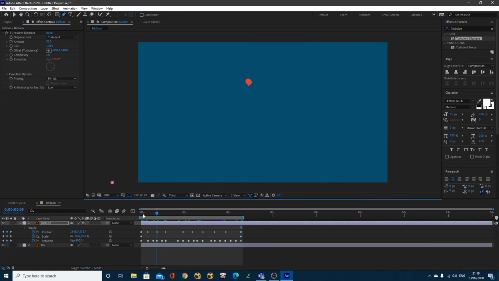Okay, so now that I've got mine done, let's give it a play through. And you'll see that we've now got this sort of balloon animation deflating, which is great. The last thing we can do is add motion blur to this. So you'll see I've got this little motion blur icon by here, a circle with some trails behind it. If I click that, I've enabled it for the composition, and I now want to enable it for this balloon layer. So I'm just going to click, again, there's that icon, I'm going to click this box,